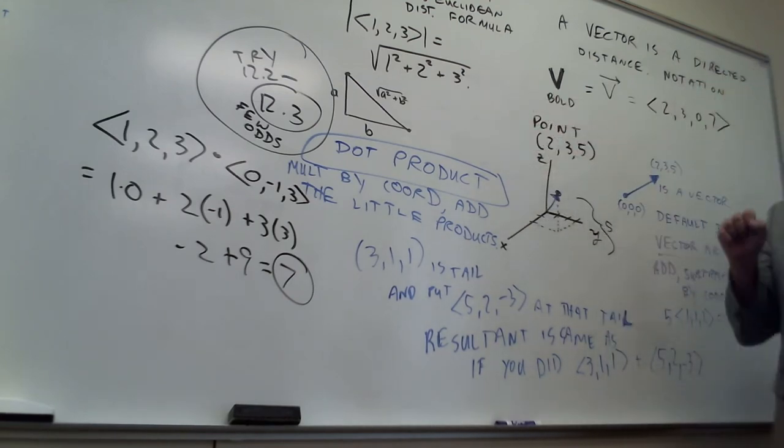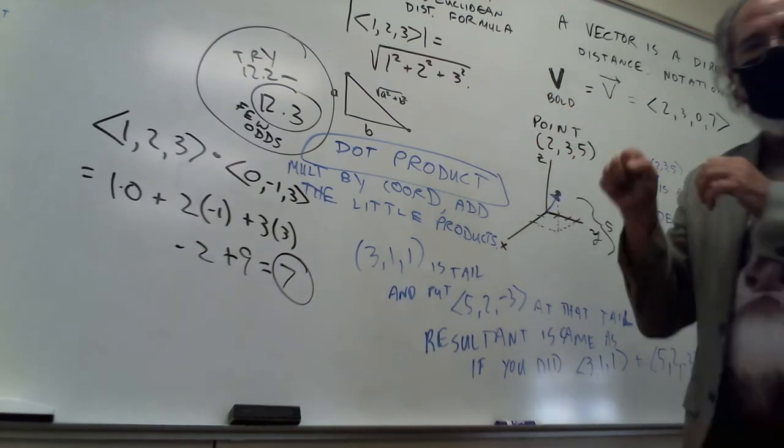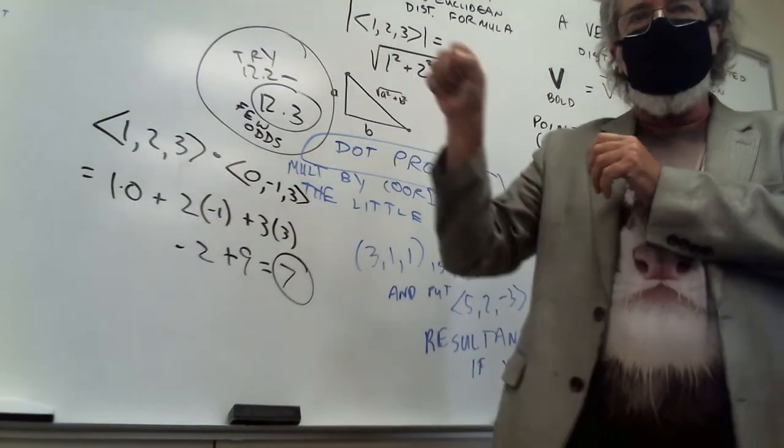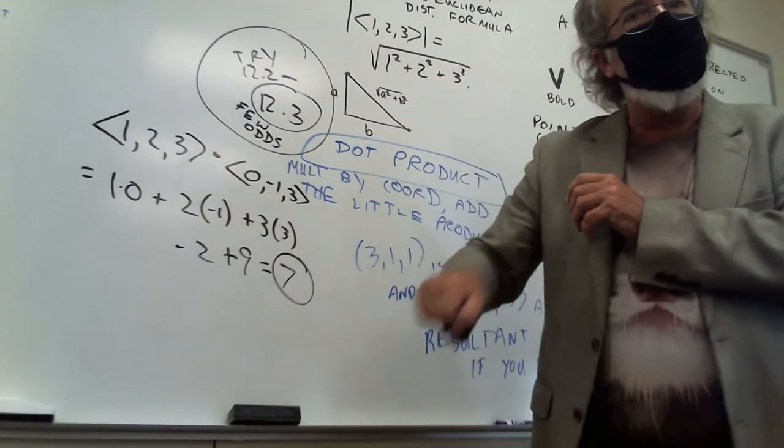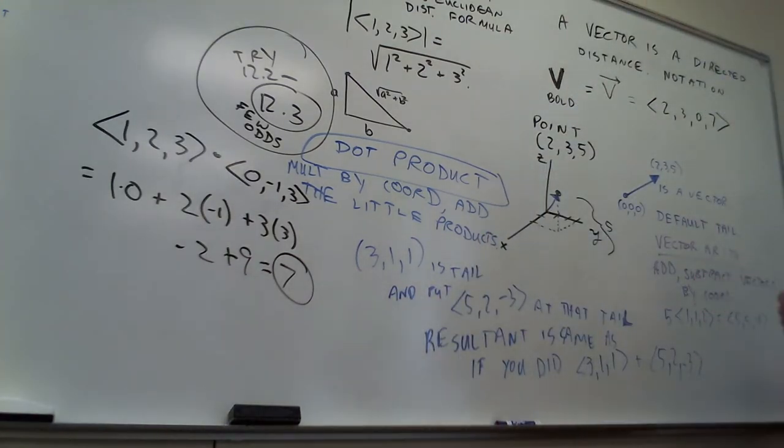So a vector, you can think of it like a punch, and that punch can be anywhere, wherever it needs to be. But it's the same punch. Well, change the angle. Now that's a different punch. All right, so